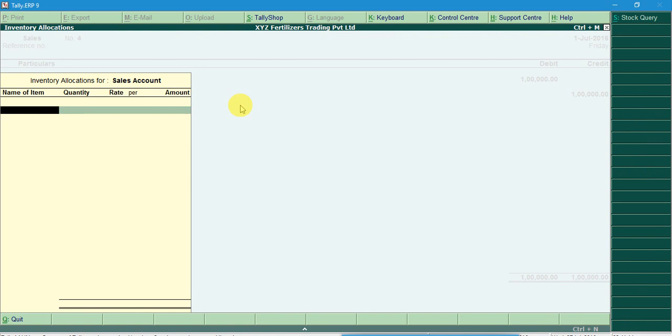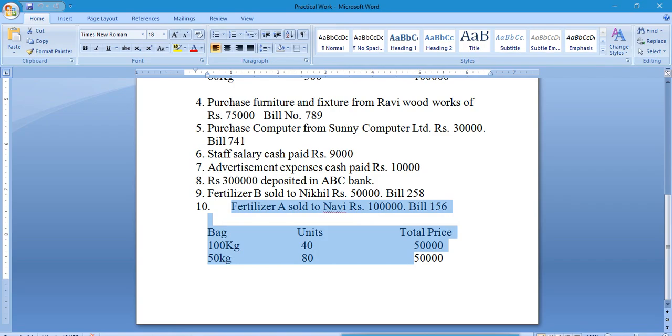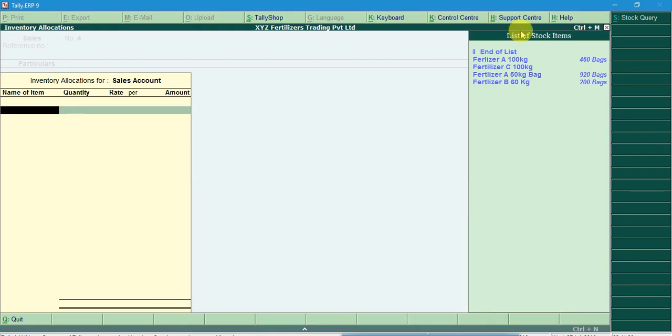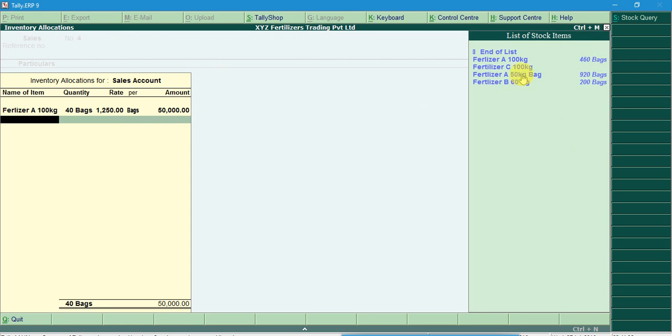There you have to fill the name of the item: fertilizer A, 100 kg bag, quantity 40. Suppose the rate is 1250 rupees, and fertilizer A with 50 kg bag.